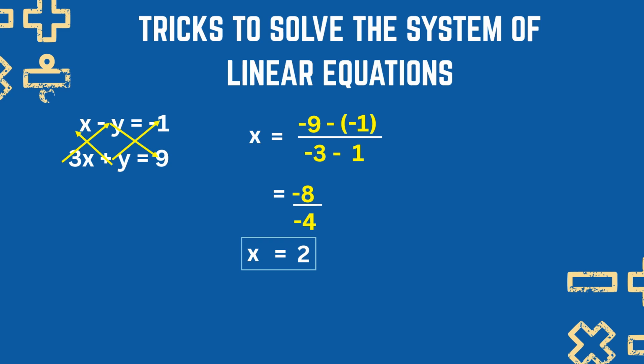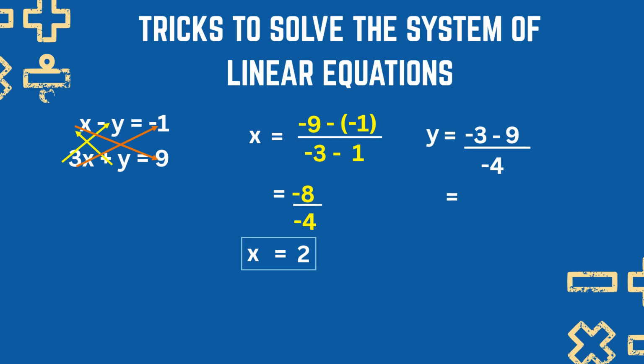The next is we're going to solve for y. So, in solving for y, we're going to multiply x to the constants. So, this is the first pattern. So we multiply 3 to negative 1. The answer is equal to negative 3. Then we're going to subtract this from the product of the numerical coefficient of x, which is 1, to 9. And the answer is equal to 9. Then for the denominator, we're having the same process as x. So we're just going to copy the denominator of x, which is negative 4.